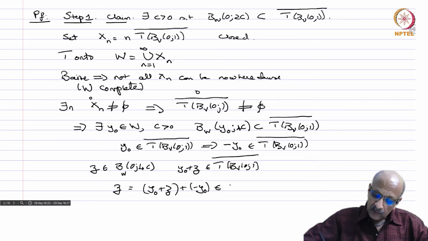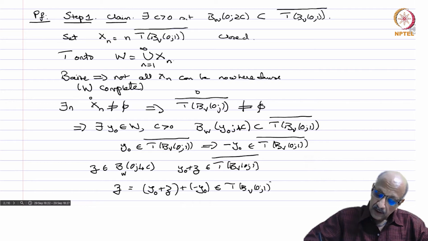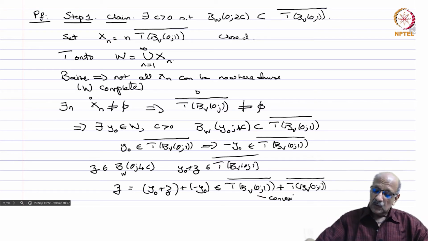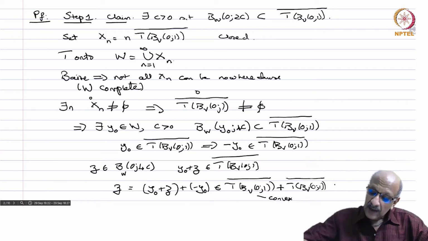So this belongs to T(B_V(0,1)) closure plus T(B_V(0,1)) closure. But this set is convex because B_V(0,1) is convex, T is linear, so the image is convex, the closure is convex, and therefore by our earlier observation this is 2 times